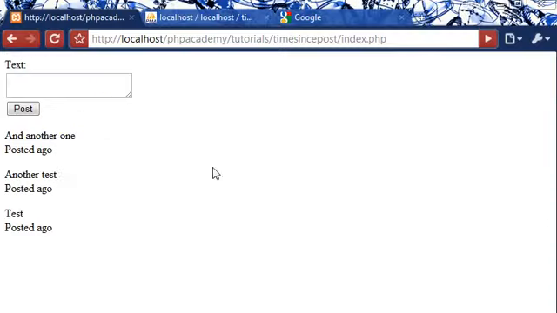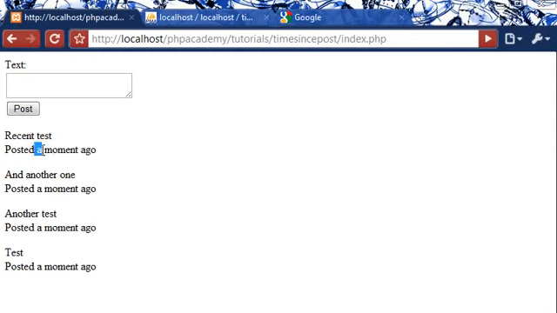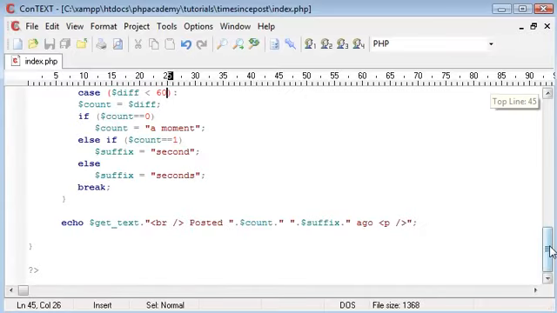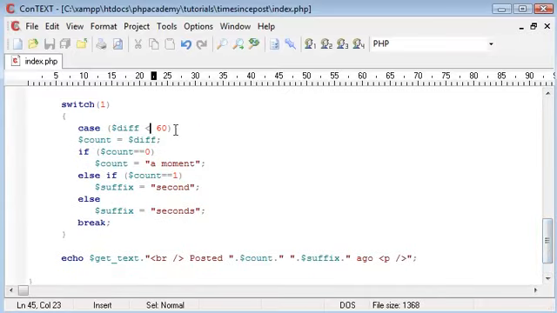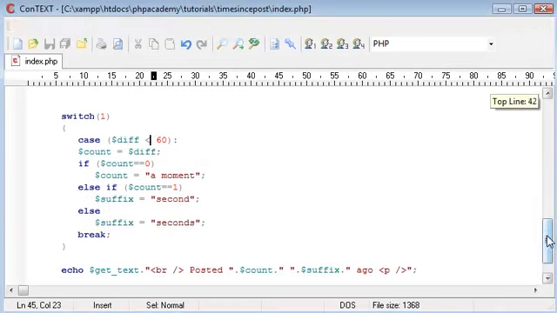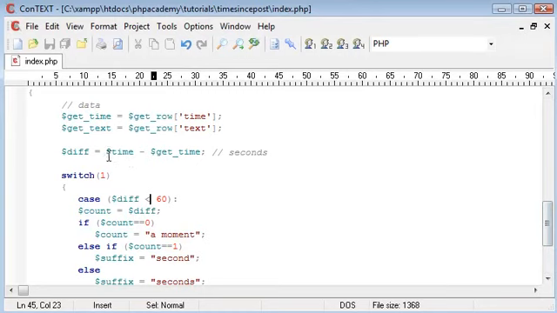So if I come back to the script and type recent test, posted a moment ago, I refresh, posted 3 seconds ago. What's going on here? Let's check. We'll have a look up here. Diff equals time minus